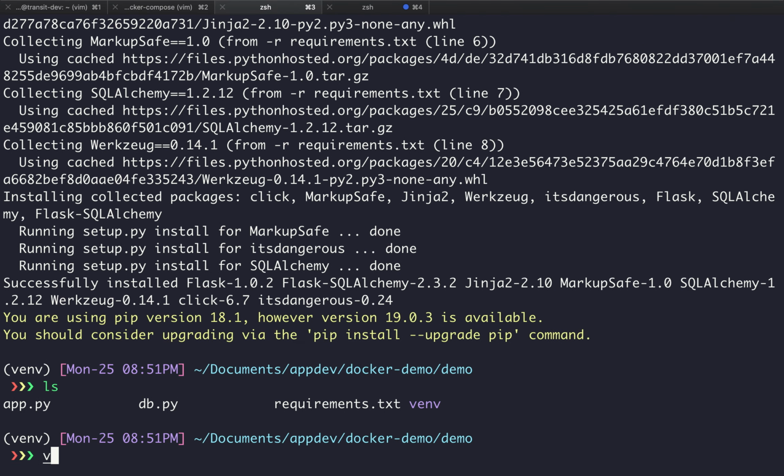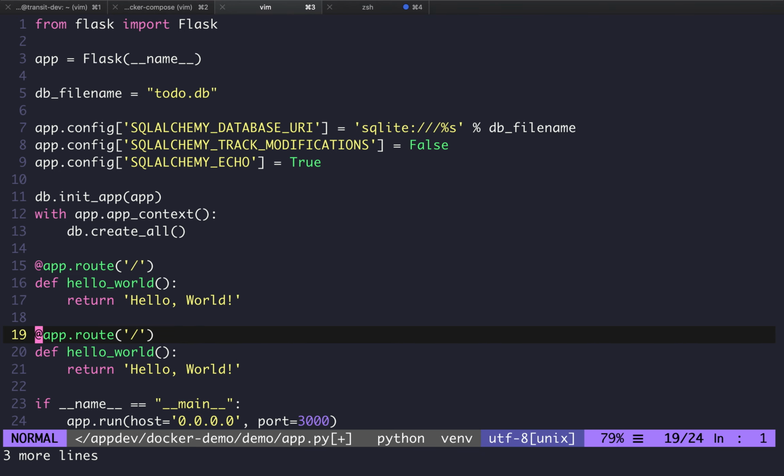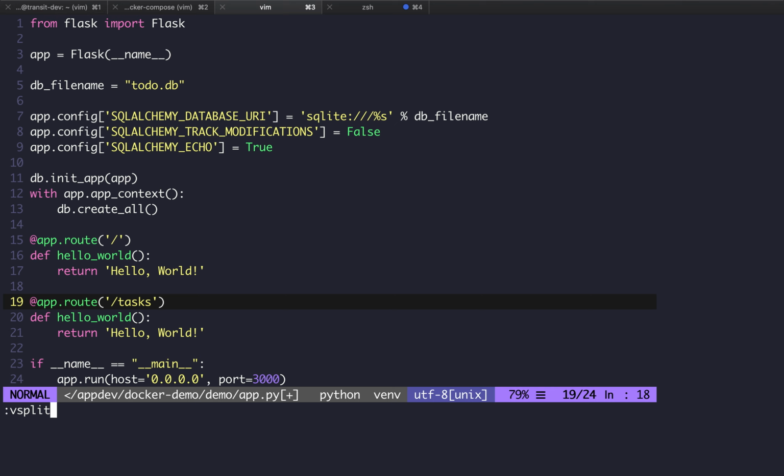Great, okay, so now I'm going to open up my app file, and we're just going to write some really basic routes. I guess this will just be /tasks, so if I zoom out a little.